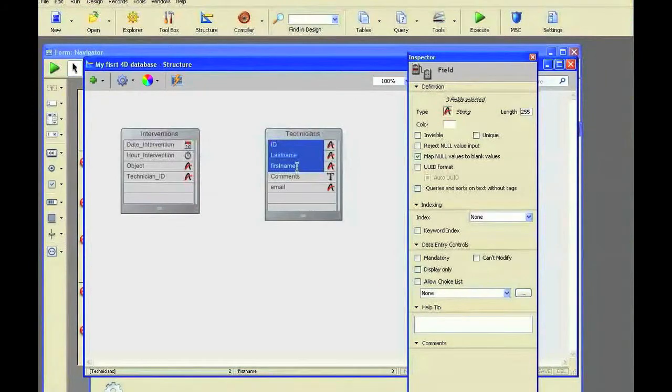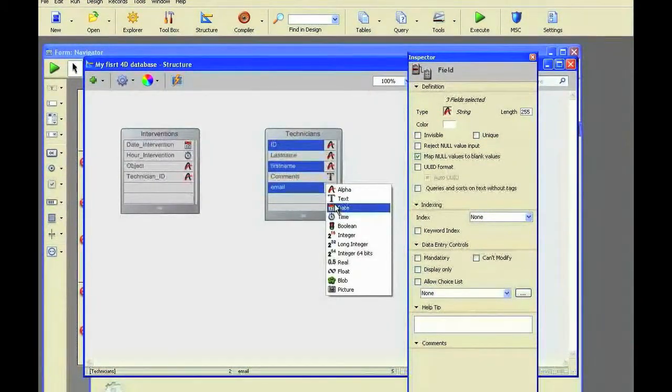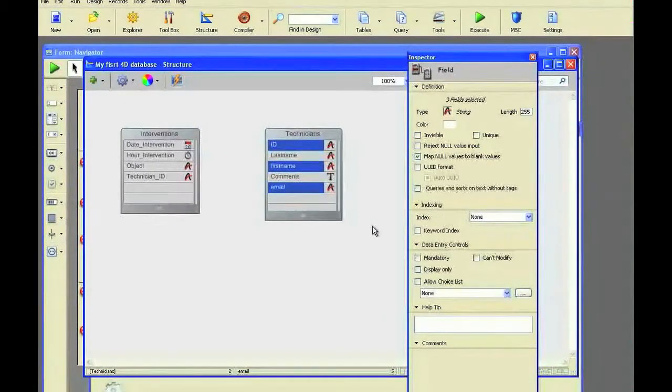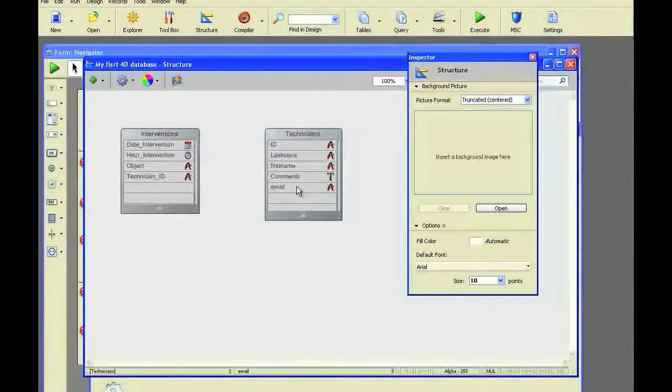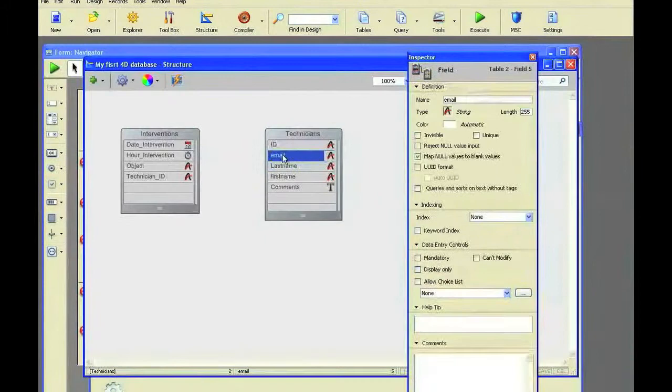If you select several fields, the inspector displays items relating to all of the fields and specifies the number of fields concerned. To change the type of several fields at once, select several adjacent fields by holding Shift or non-adjacent ones by holding Control on Windows or Command on Mac. Change type for one of the fields and the types of all the selected fields are changed. To move a field, hold down the Alt key, the cursor becomes a hand, drag the field to its new